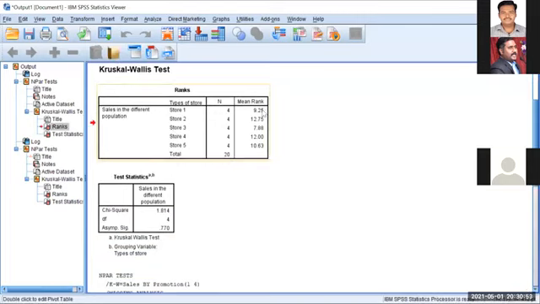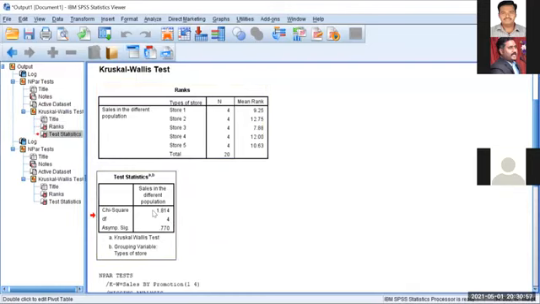Okay, what is the average rank for store 1, store 2, store 3? And this is the Kruskal value. See, the Kruskal value, significant value 0.770. Very good. So 0.770, that means what? It is greater than 0.01, because in our sample data, it is given just the Kruskal value test at 1% level of significance. So 0.77 is greater than 0.01.